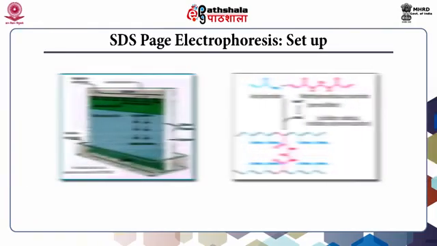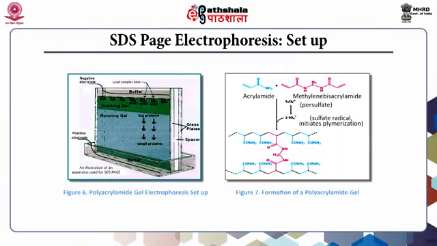Electrophoretic separations are mostly performed in gel which serves as a molecular sieve. A typical setup for SDS-PAGE electrophoresis you can see in this figure. The electrophoresis is performed in a thin vertical slab of polyacrylamide gel formed by the polymerization of acrylamide and cross-linked N,N'-methylene bisacrylamide. Protein molecules that are smaller in size as compared to the pore sizes in the gel can readily